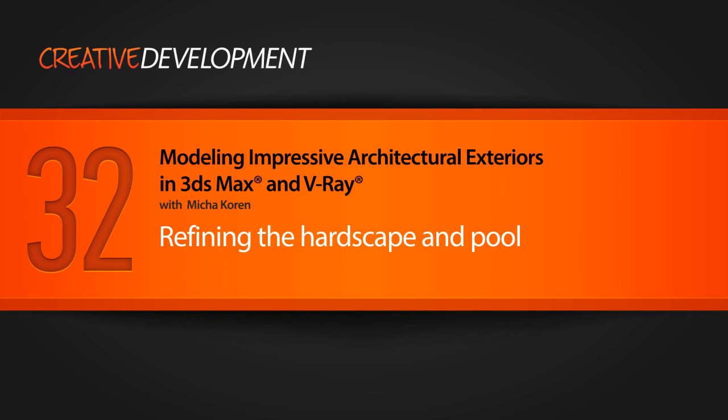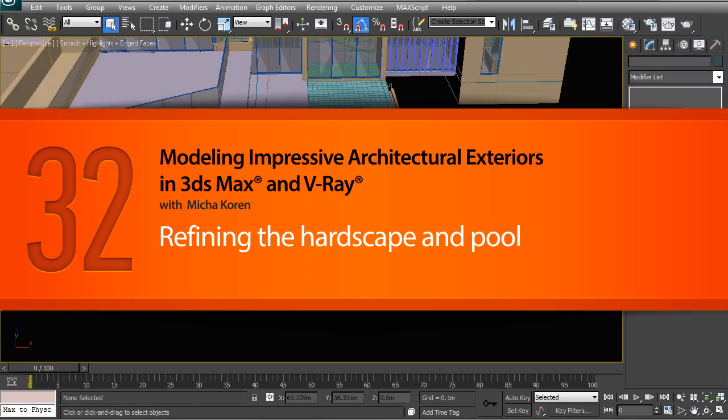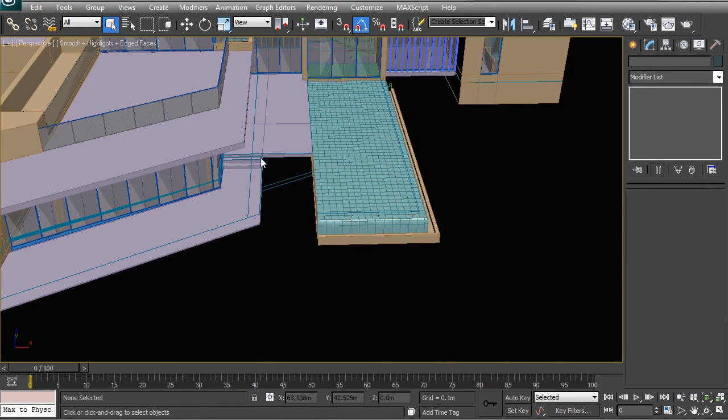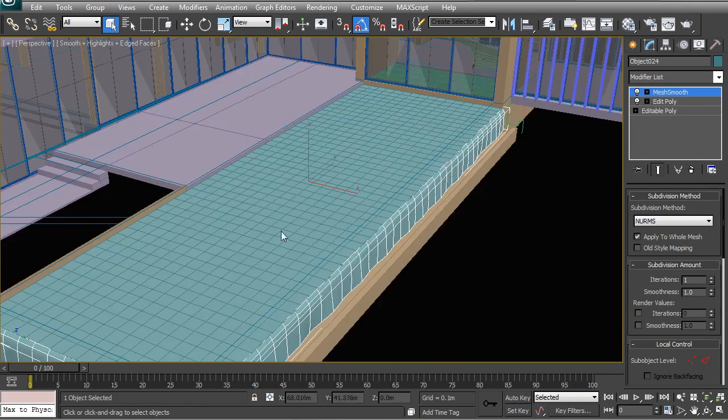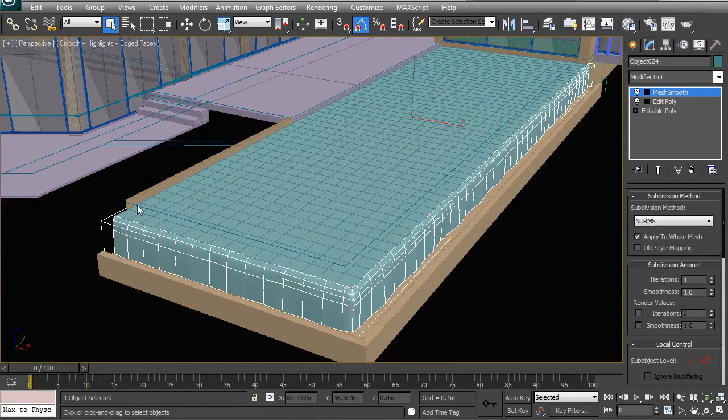In this lesson, we'll be improving the model around the pool and the terrace. So the part that we're going to work on is this edge that basically wraps around the pool, the terrace, and then underneath this whole area here. What I'd like to do, just to show you how easy it is to edit the model that we've created